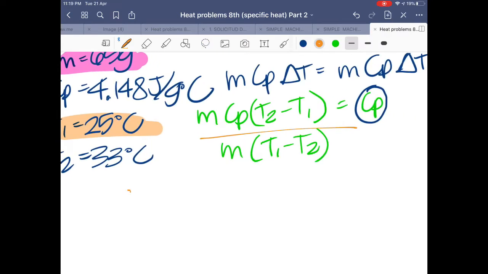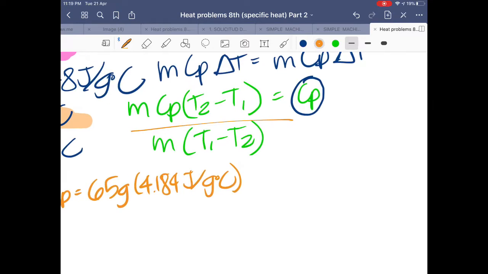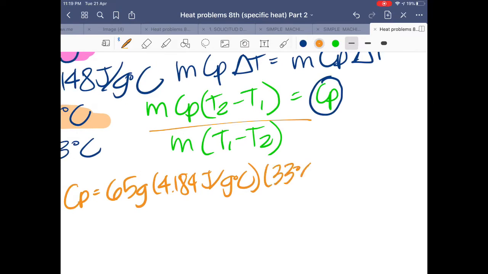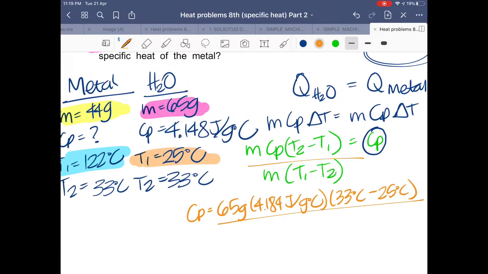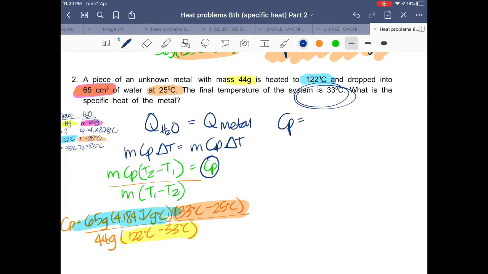So we have specific heat equals 65 grams times 4.184 joules over grams per degree Celsius times 33 degrees Celsius minus 25 degrees Celsius, divided by 44 grams times 122 degrees Celsius minus 33 degrees Celsius. We'll do this part, then this one right here, and this one. So we have specific heat equals